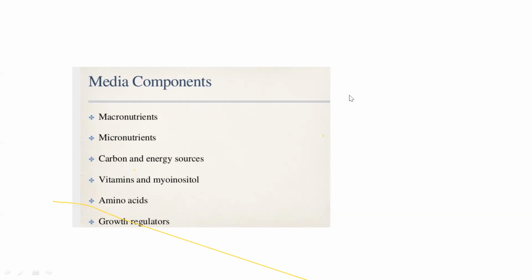In growth medium, the cells will produce only primary metabolites. But if you want a secondary metabolite, you have to change the medium to a production medium, in which you will have ingredients other than macronutrients and micronutrients. You will add precursors for the particular secondary metabolite. So in that case, the cells will start making the secondary metabolite. That is the importance of the media components.